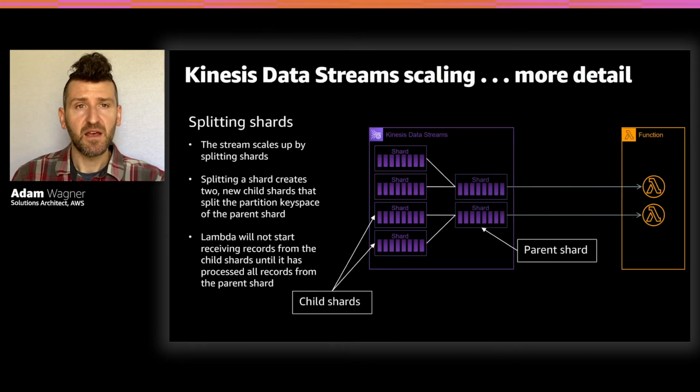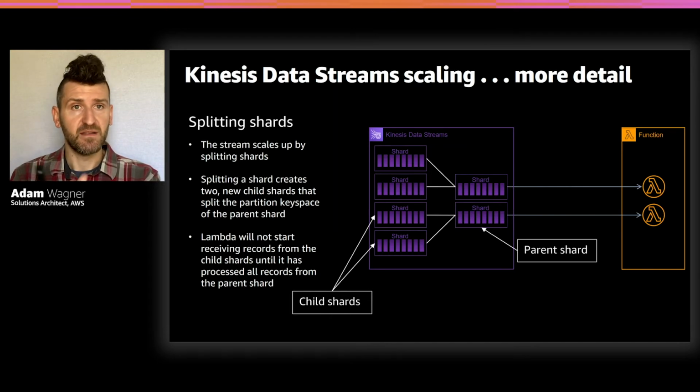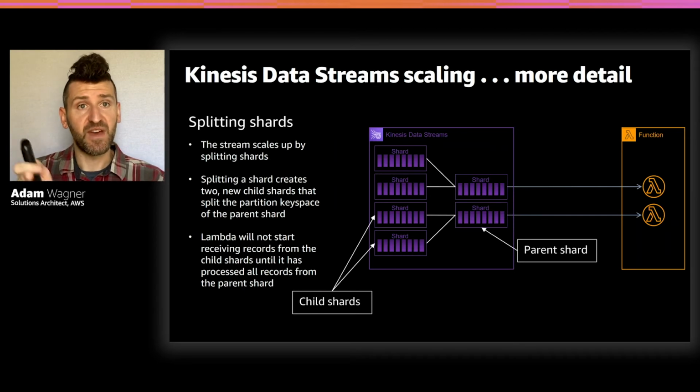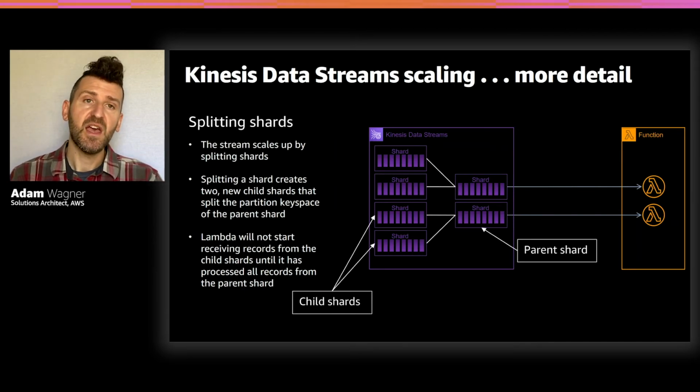So one more detail on splitting shards that I do like to call out, in terms of if you're scaling up, is that we talked about earlier how, at least under normal circumstances, there's that one-to-one relationship between the number of shards and the concurrent Lambda executions. If your Lambda function is a bit behind, and we talk about iterator age as where that marker in the stream is in terms of how far along the Lambda has processed, if your Lambda function is a little bit behind and you go to scale up your stream as a way of increasing concurrency, keep in mind